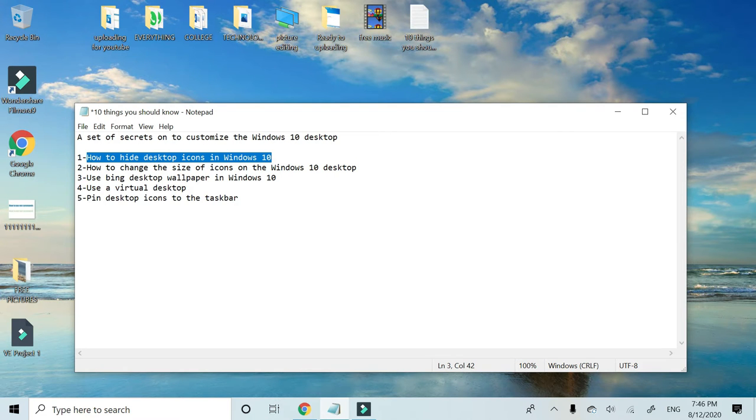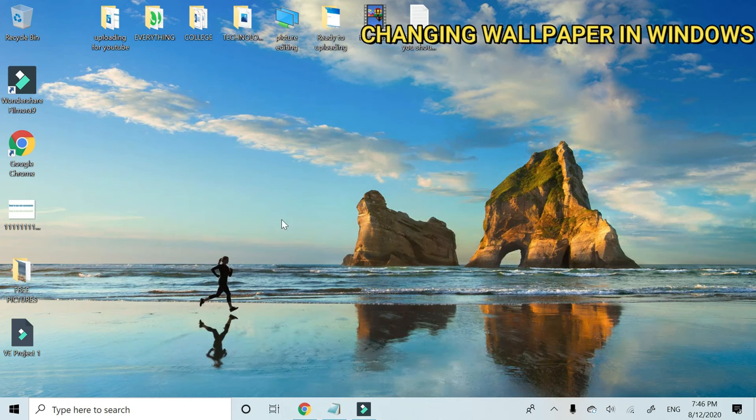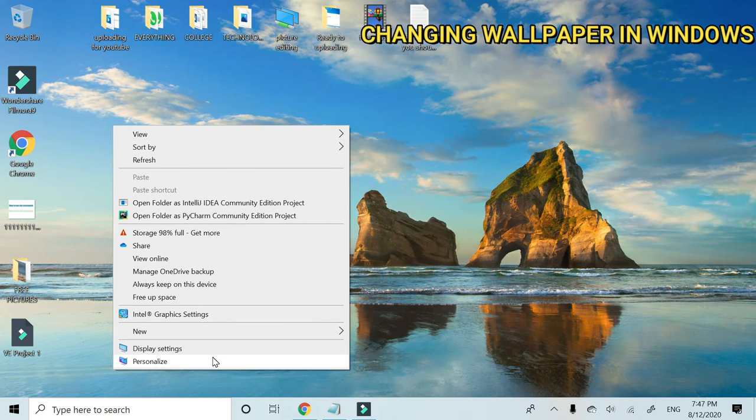So let's go to the third one. Third one, you can use the Bing desktop wallpaper in Windows 10. This picture you can change. You can put your personal picture or you can put the Windows picture. Windows updates its pictures every week, gives you new pictures, and they come and disappear every time. So if you come over here to Personalize